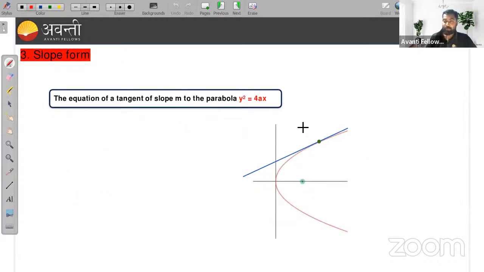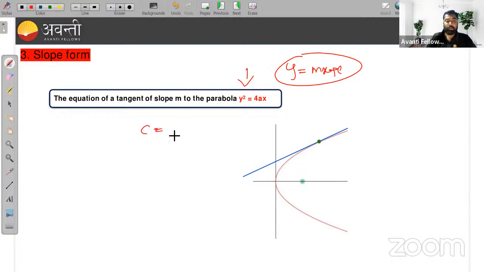Okay, let's move to the last form, that is slope form. Slope form is actually the condition of tangency. When you have a line y is equal to mx plus c, the condition for this line to be a tangent to this parabola is c is equal to a by m. So this is the condition of tangency. If you have the line as y is equal to mx plus c, then the equation of tangent will be